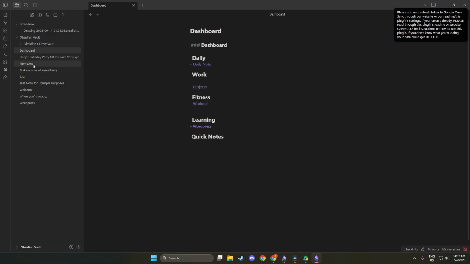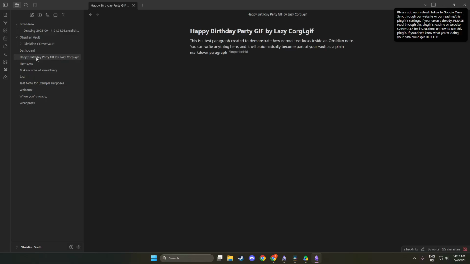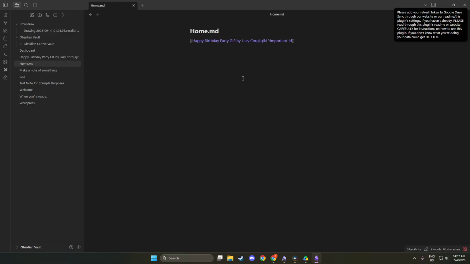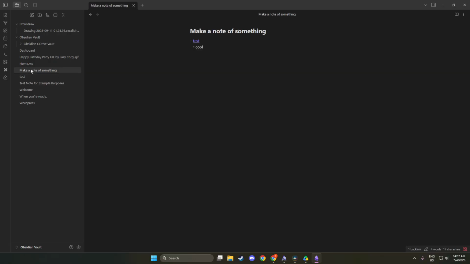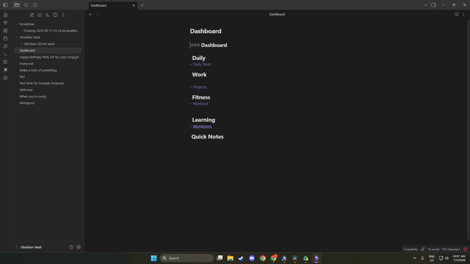When you open a note, you will see the content you have written. This could be a simple text note, a detailed project outline, or even a journal entry. The layout is clean and user-friendly, making it easy to navigate. Selecting a note is crucial because it allows you to focus on that specific piece of information. By doing this, you set the stage for uncovering how it relates to other notes in your vault.